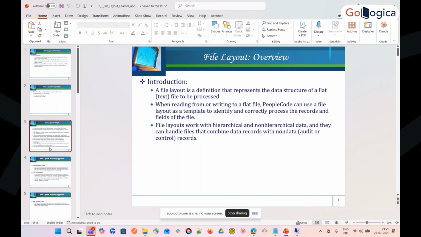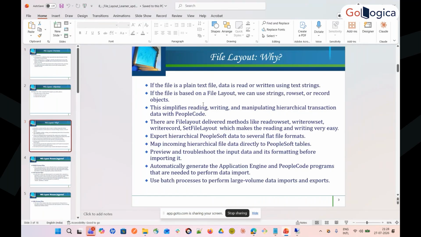So this is about file layout. It's kind of just a readability format. We can read the data, write the data, and manipulate the data by using file layout. There are file layout delivered methods like read row set, write row set, as I said, write record,